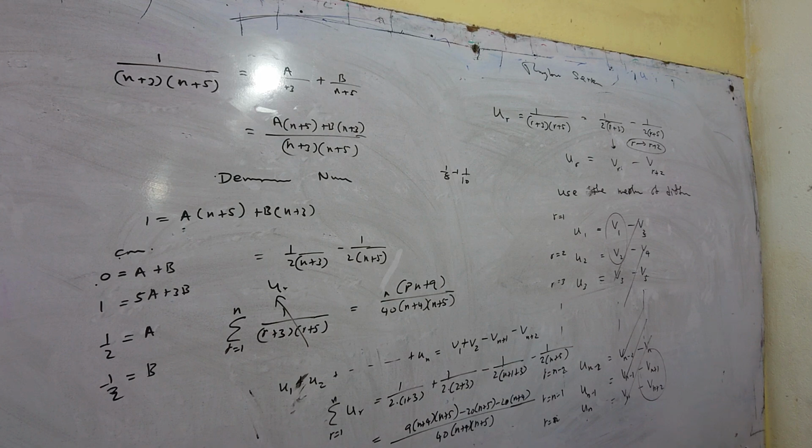It's 40, into n plus 4 into n plus 5, because this can be multiplied by 20, for denominator and numerator. So this is the common denominator. Then we add all the other numerators and we simplify. I did everything. This will be